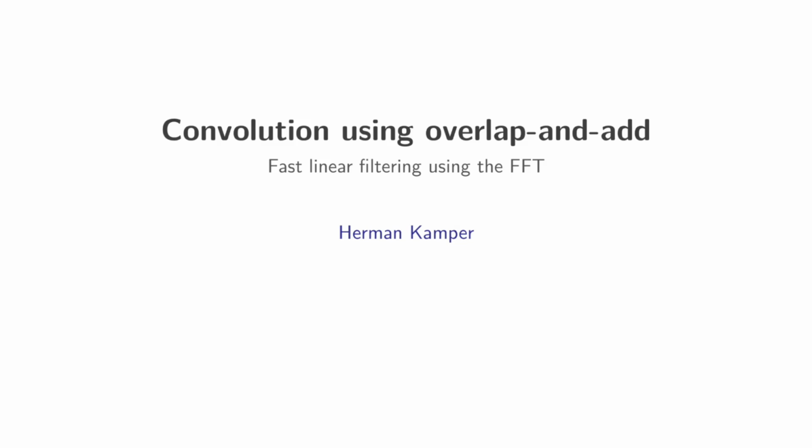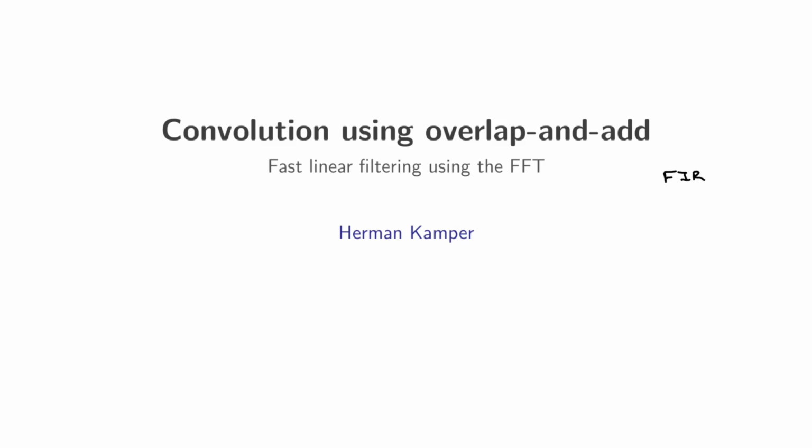And in this course, we've basically learned one big hammer with which we can do things fast. And that hammer is called the fast Fourier transform. And we've actually already looked at how you can use the FFT, or the fast Fourier transform, to do convolution. But here we're going to look specifically at this concept in the case of linear filtering, basically filtering with a finite impulse response system, or a FIR system.